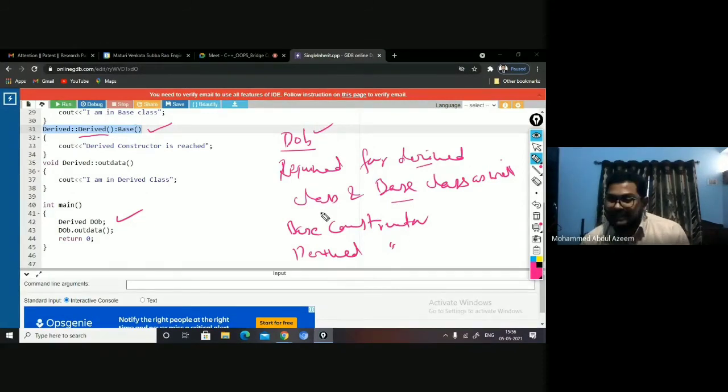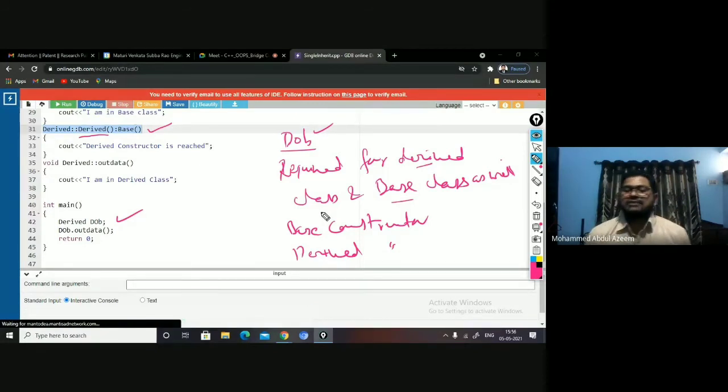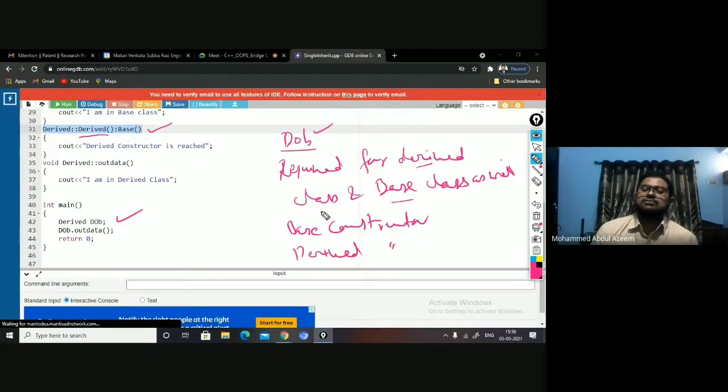That is the reason the derived class constructor invokes the base class constructor first, initializing the base class members, and then the derived class constructor is called and the derived class members also get initialized. Okay, so this suffices for the concept which I am trying to discuss and convey. I hope all of you have understood this, and that whatever I am trying to convey is clear to all of you.